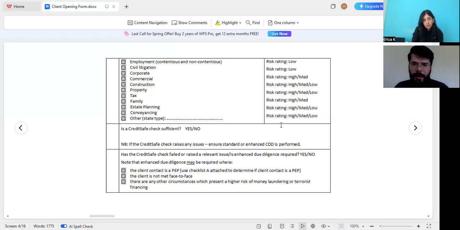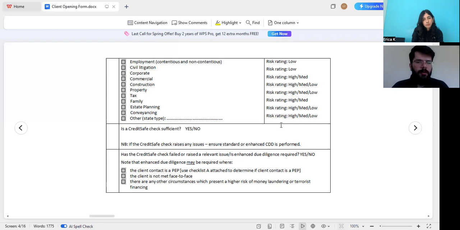Now, you need to identify that once you have all of the details, such as a memorandum of sale, which would say the purchase price. Before that, you would have the profile of the client, such as if he's a businessman, an employed person or a retired person, or if he is just unemployed. On the basis of that, you just need to verify if it's high risk. If we're talking about conveyancing, it is usually high risk.